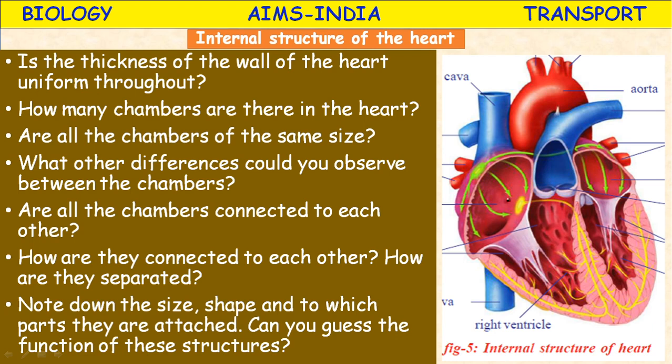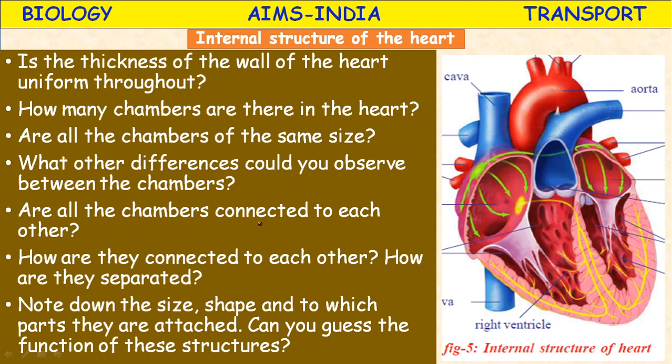The auricles pump blood only to the ventricles, whereas the ventricles pump blood to other parts. If you compare the left and right ventricles, the right ventricle pumps blood to only the lungs, whereas the left ventricle pumps blood to all parts of the body. So the walls of the left ventricle are very thick compared to the right ventricle. Likewise, compared to the auricles, the ventricle walls are very thick.